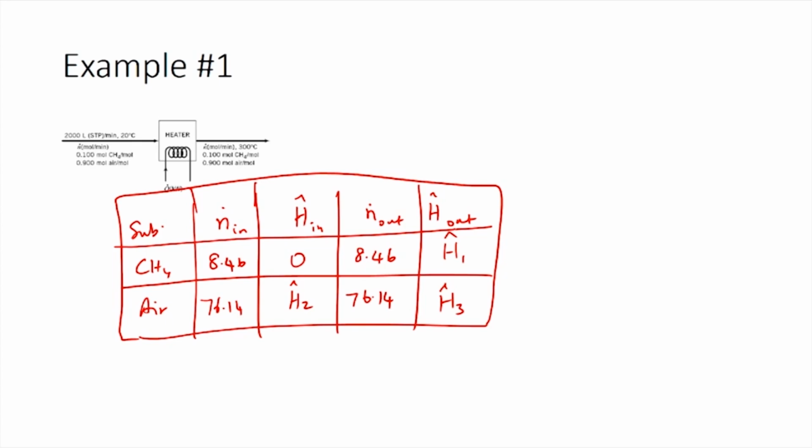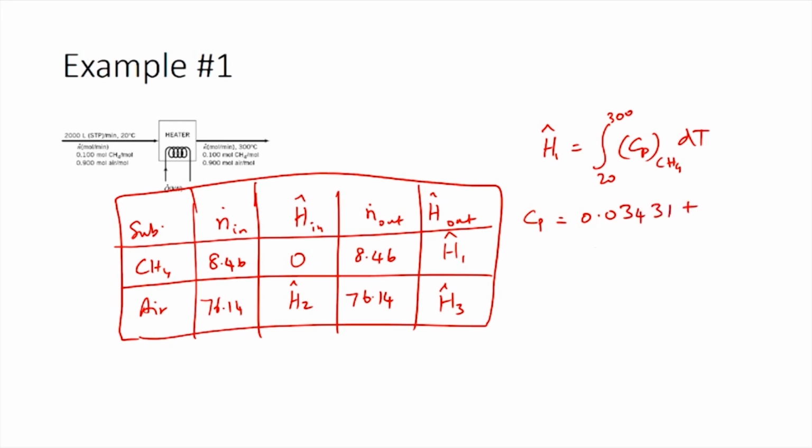Now the first step is to calculate H1 cap. H1 cap is the change in enthalpy for a process where the methane goes from the reference state to the final outlet condition, which is from 20 degrees Celsius to 300 degrees Celsius. It would be the integral from 20 to 300 of Cp of methane gas dT. So, we need to look at what the Cp value for methane gas would be for this temperature range. Using the handbook or textbook, we can get the Cp value for methane as